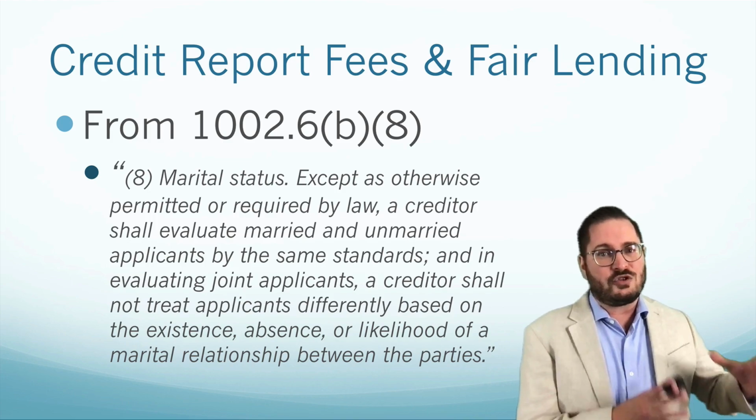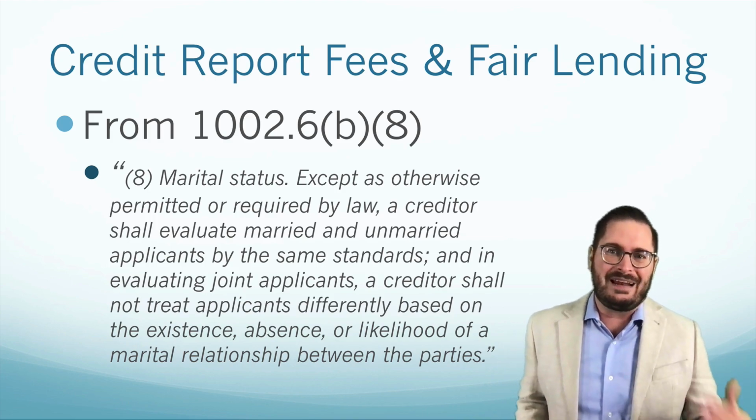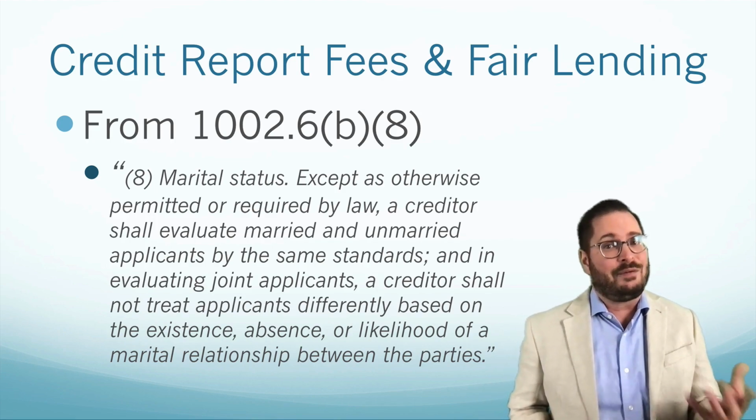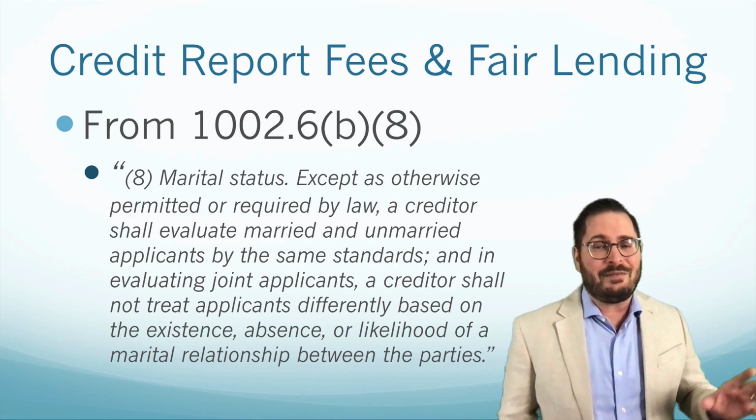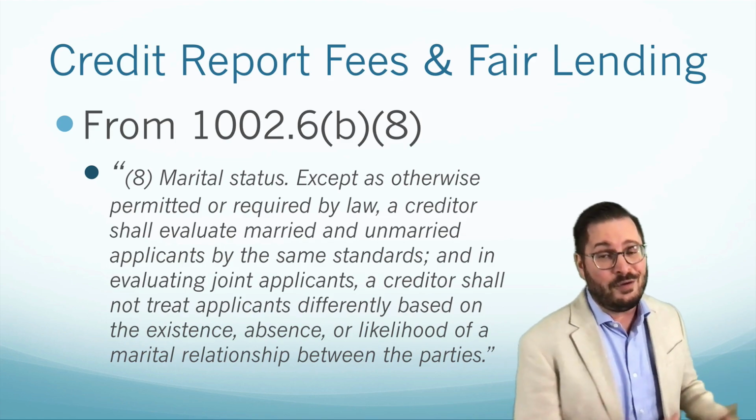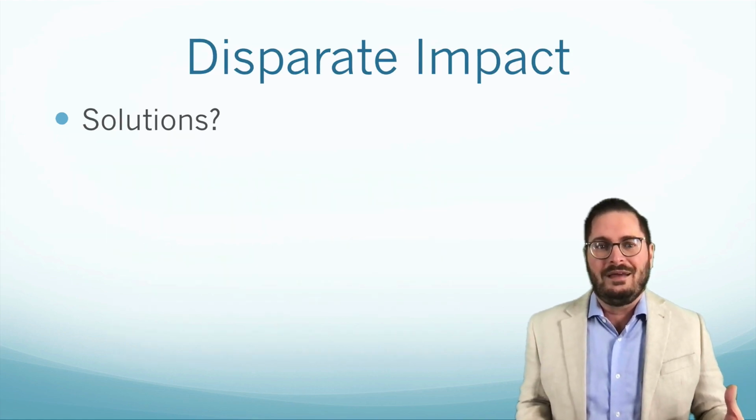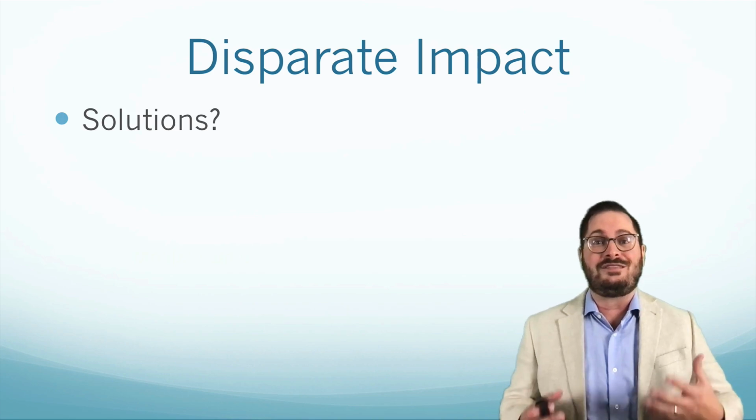And based on that, you're treating them differently than if they were married, and therefore it's considered disparate impact and is a risk of a fair lending violation. In fact, I would consider that a fair lending violation. Over the years, examiners have brought this up in many financial institutions. So this should be old news for many of you, but this is a concern, and this is how this all plays out. Now, as far as a solution, if you do have a credit reporting agency who's still charging